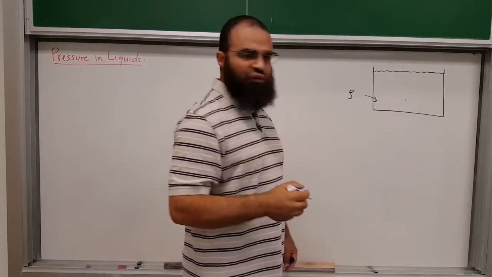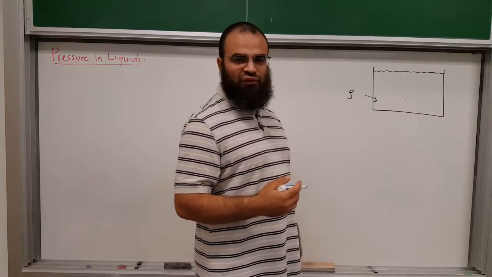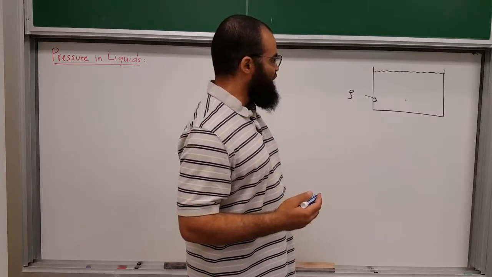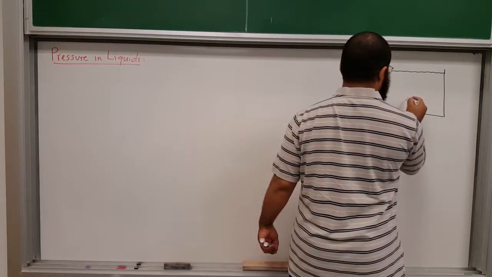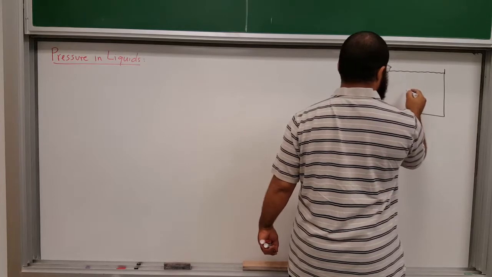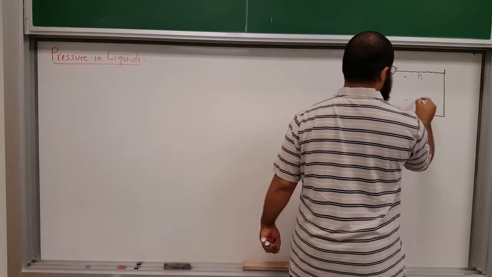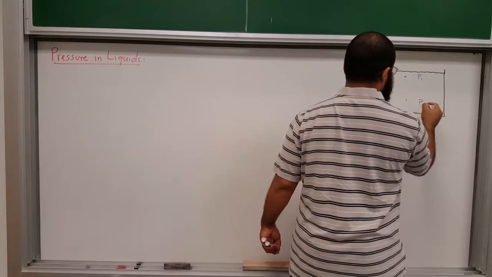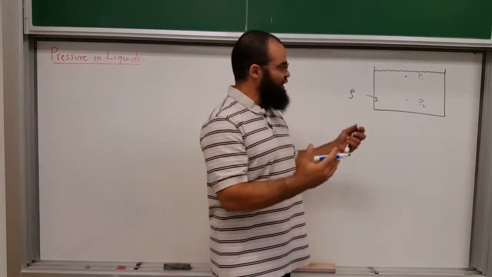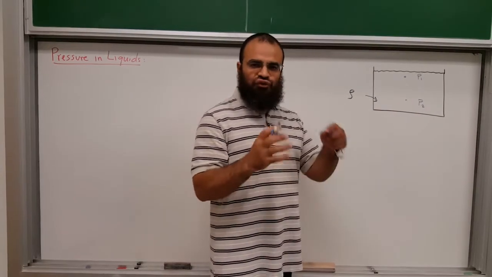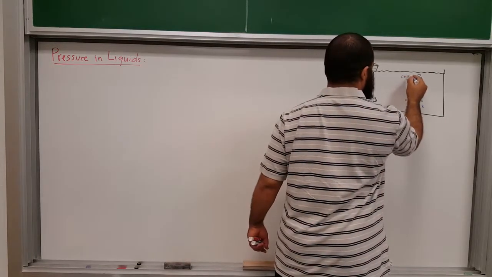The way we're going to do this is, imagine you're there, and you ask, what's on top of you? How much pressure is on top? What would be on top of you? Well, let's say the pressure here is P1. The pressure here will be some pressure, P2. And we're going to draw a virtual cylinder. The fluid is made of many, many parts, and I'm going to choose one part and focus on it. And it will be a vertical cylinder that looks like this,